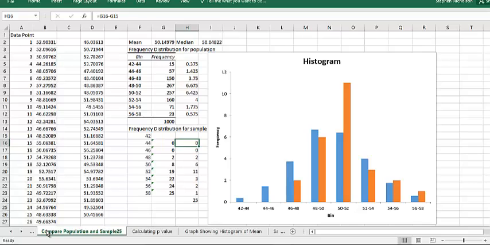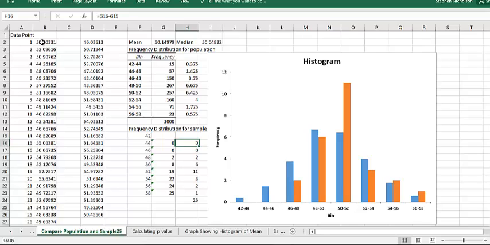So what I did was I took this data that I generated, and there's 1,000 data points. So it's a pretty big population, and I randomly select 25 data points out of those 1,000. That's my sample. And I created a histogram, and the blue curve is the histogram for the population. You can see that it's pretty much a bell curve, which is what you expect because it's a large number of data points, and I purposely made it a